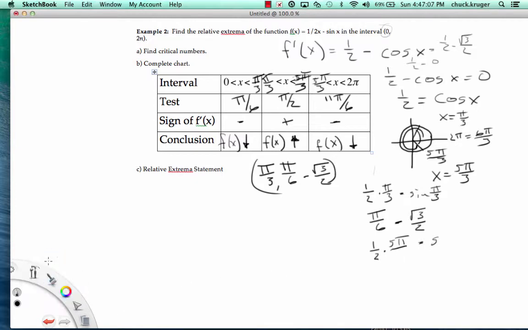I'm going too fast. 5 pi over 3 minus the sine of 5 pi over 3, and so this is 5 pi over 6 minus, well, the sine of 5 pi over 3 is going to be a negative, so it's going to be a plus square root of 3 over 2. So I'm going to have 5 pi over 3, comma,